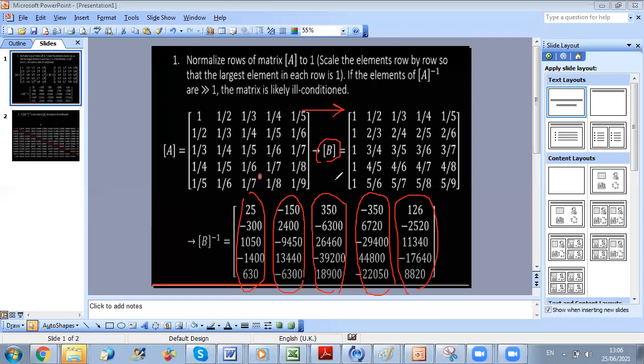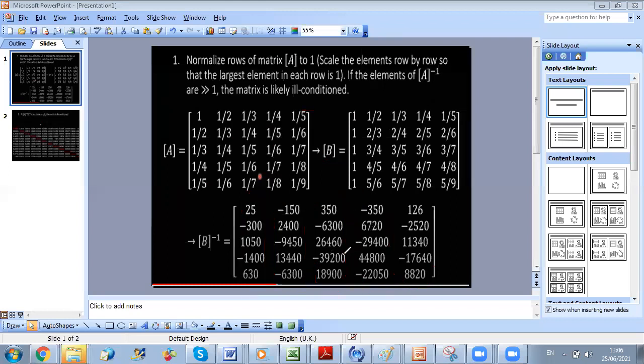Now, as you can see here, I have very large numbers, and for example, the largest element is this one, and it's really large, and all elements are very far from one. You can say that you have a high ill condition here because all your terms are far from one, and you have terms that are very, very far from one,